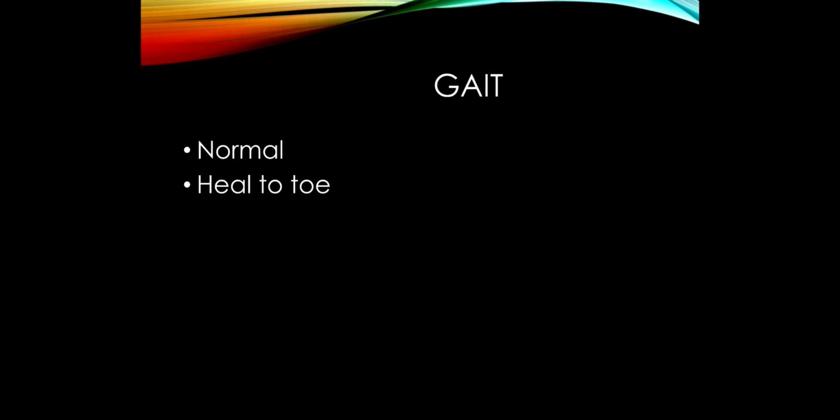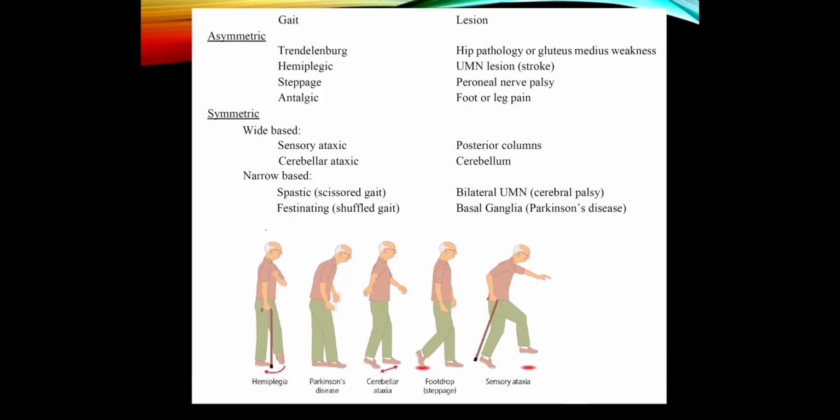All right, and if the patient is able, we'll make it more difficult, and we'll do what is called tandem gait testing. This is otherwise known as heel to toe. You basically ask a patient to walk a line, one foot in front of the other. That makes it more challenging, and it makes it more likely that you're going to bring out any abnormality with walking and balance. There are a number of abnormal types of gait, and when you get good at this, it can be kind of rewarding. You can just sit at the mall, watch patients walk, and try to figure out what sort of a problem